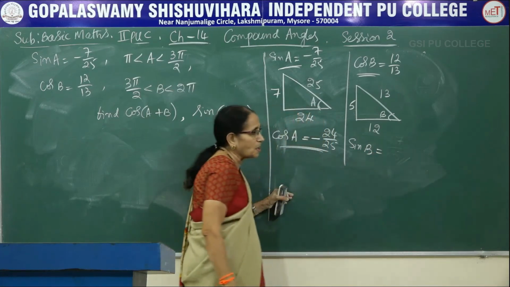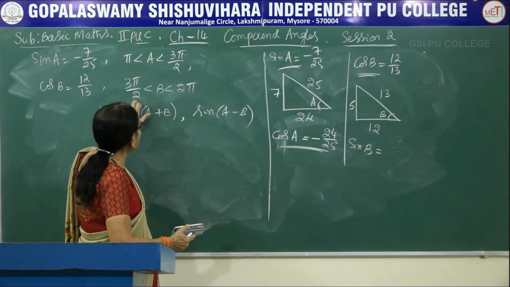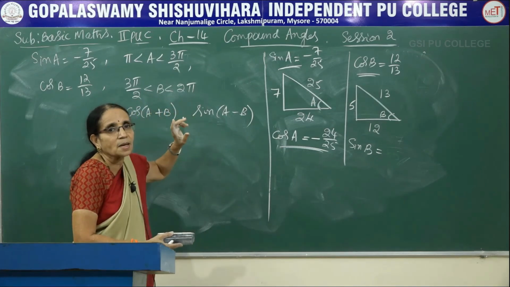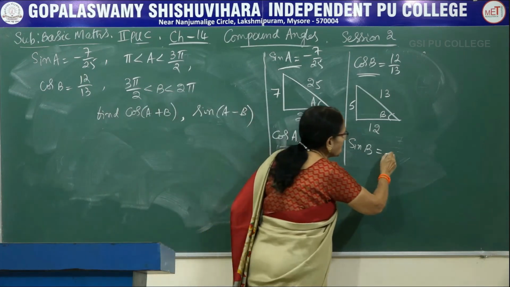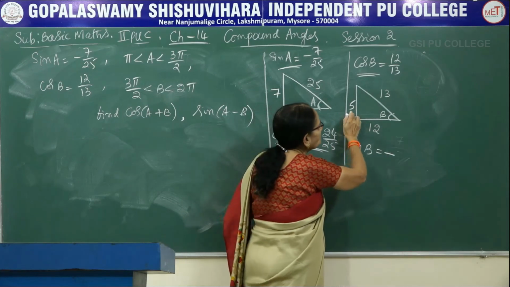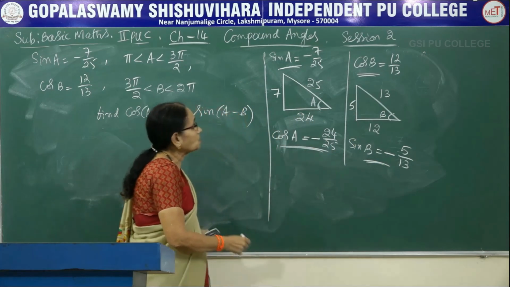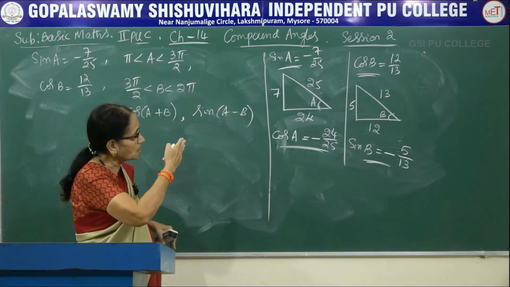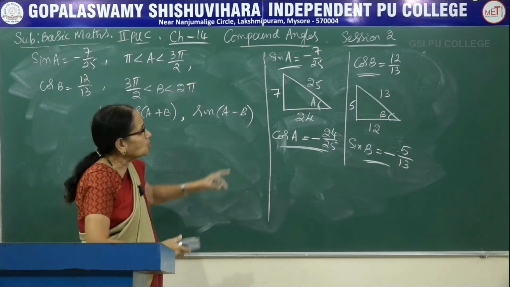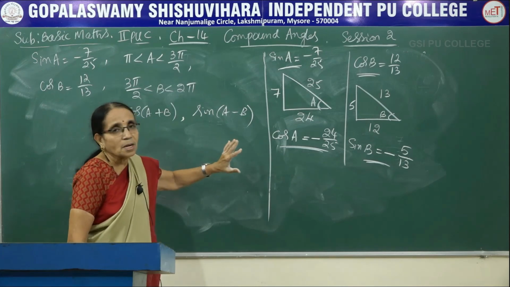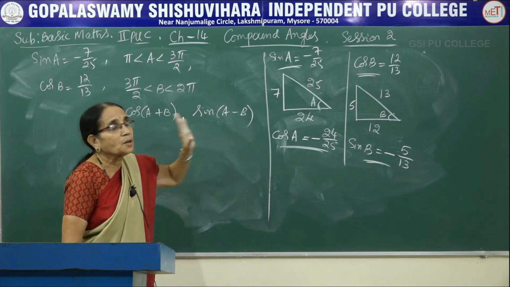Now we have to calculate sin B. We need that one in the expansion. Now come to the angle B. Where does the angle B lie? Between 270 and 360. That is, it is lying in the fourth quadrant. In the fourth quadrant, as you know, the sine ratio is negative. Write the sign first. Now write opposite over the hypotenuse. Otherwise, you have to write in the right angle triangle in the particular quadrant, and that becomes a little bit difficult. Better you follow this procedure. In the figure, don't write any sign. But look at the ratio, look at the angle, then give the appropriate sign for that.